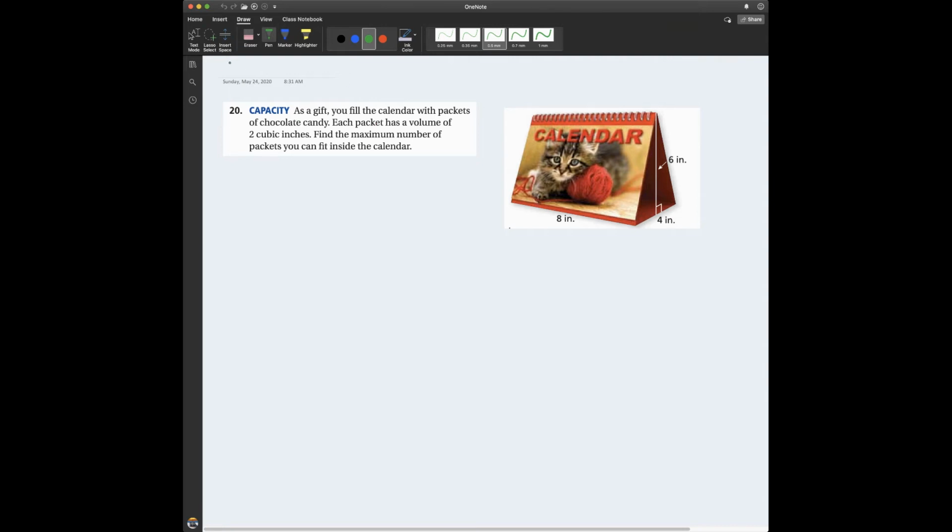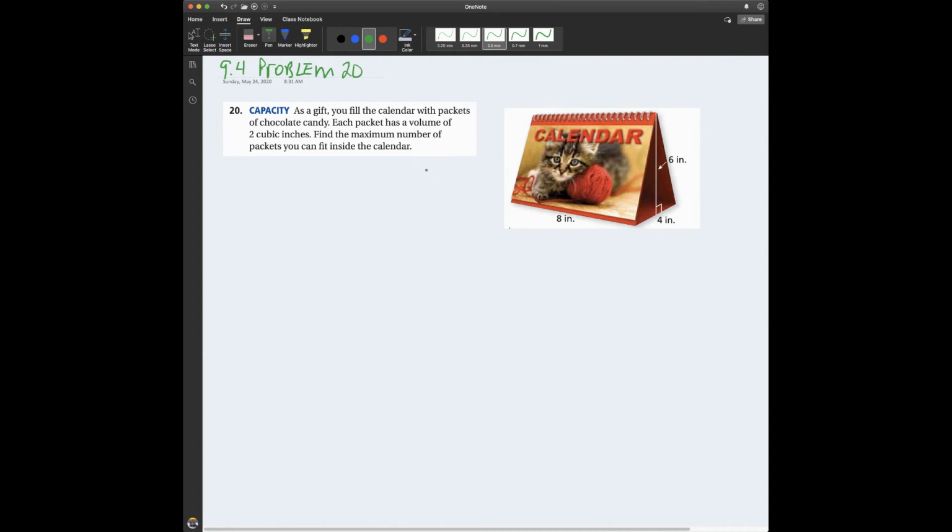This is 9.4, and this is problem number 20. Usually I type this in here, but I forgot, so I'm writing it in. There you go. All right, so this problem says, as a gift, you're going to fill this calendar with packets